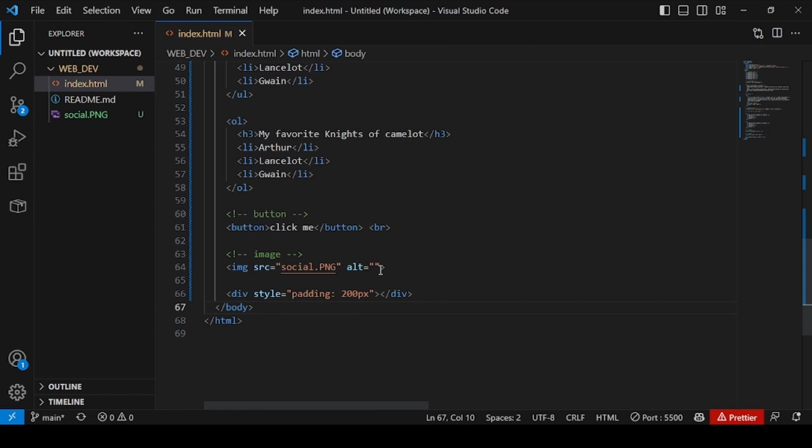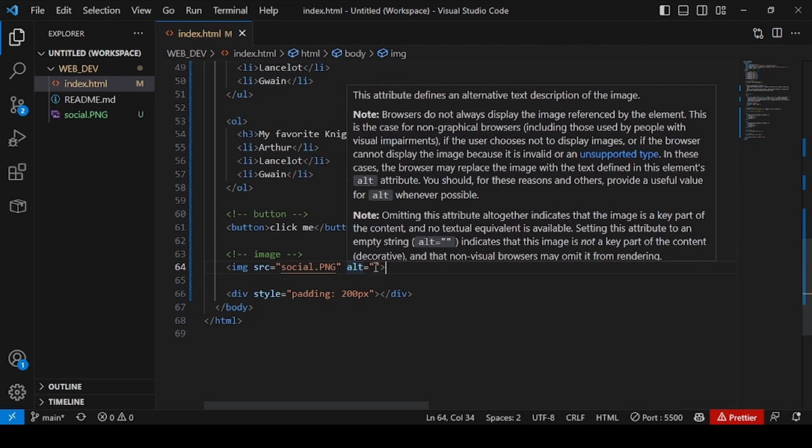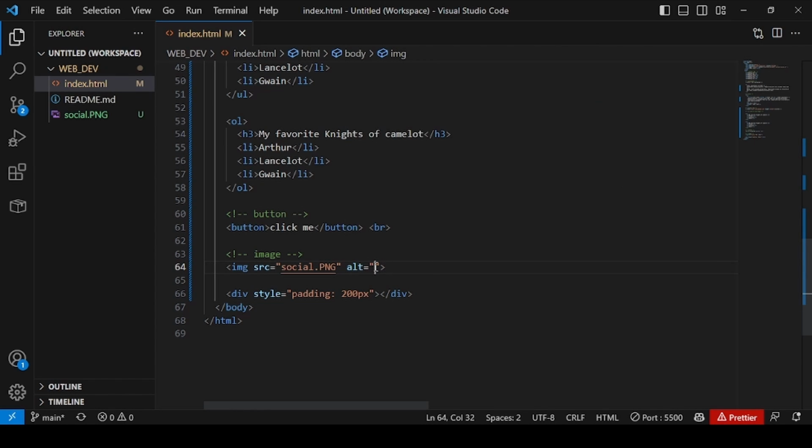Now, what is this alt attribute and what is it used for? Alt is an alternative text that will show. Let me just point this out in the code. On VS Code, if you hover over something, it will bring out this nice explanation for you. So in your spare time, you can look at it. The alt attribute is an alternative text that will show in case my image does not show up. So let me just write something like image of social media. If I save this